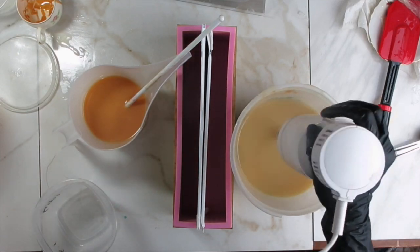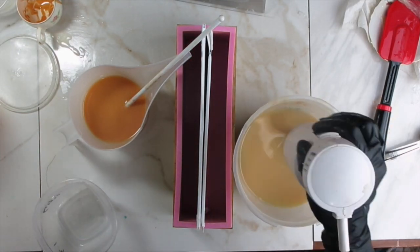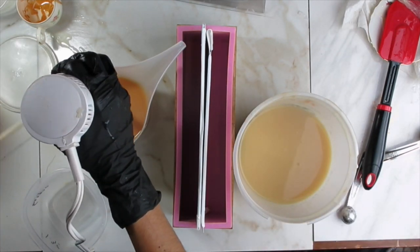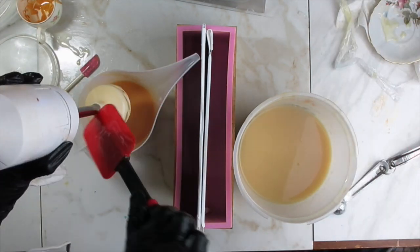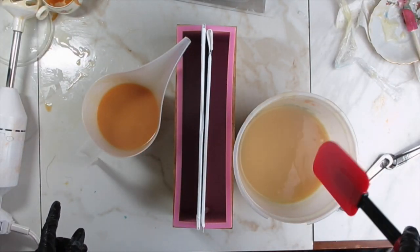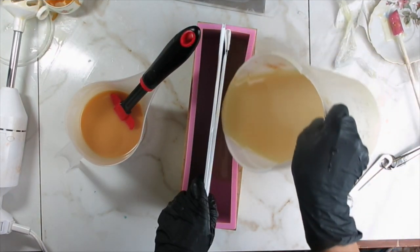I noticed that it wasn't as thick as I wanted it to be. I wanted it to be at a noticeable trace, and it still wasn't there. So I blended it quickly just to see if that would make it come to at least light trace for the pouring. Once this was achieved, I started pouring the uncolored soap batter on the sides of the corrugated cardboard